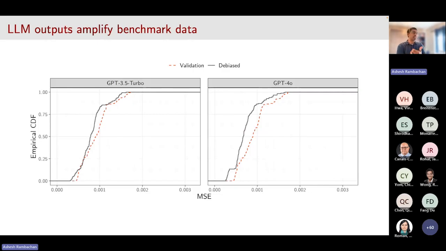What's quite interesting is validation data, when used correctly with large language model outputs, can lead to an improvement in precision. So what I'm comparing here is the mean squared error of the regression estimates that ignore the large language model entirely, plotted in red, against those that incorporate the validation data and the large language model labels with appropriate debiasing. And again, across all specifications that we've encountered, debiasing led to tighter standard errors than if you ignored the large language model altogether.